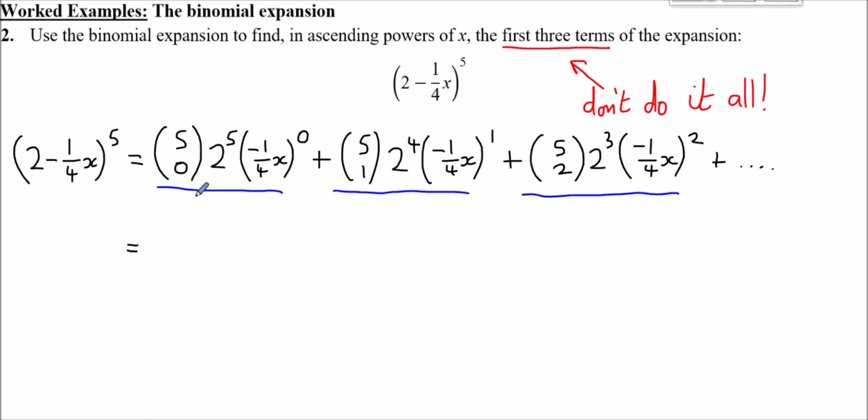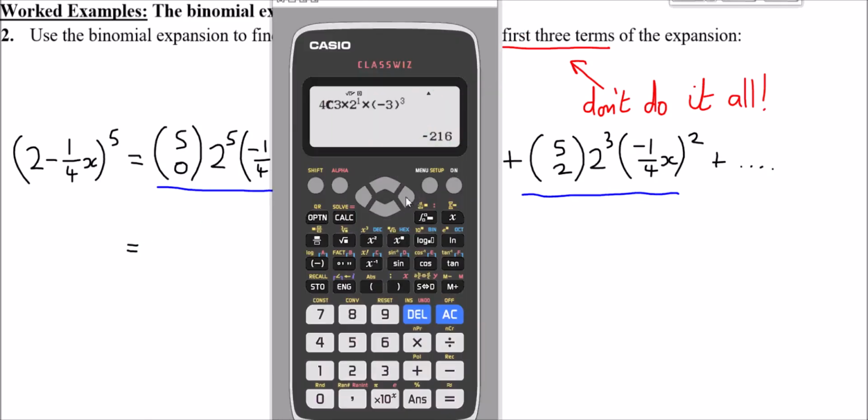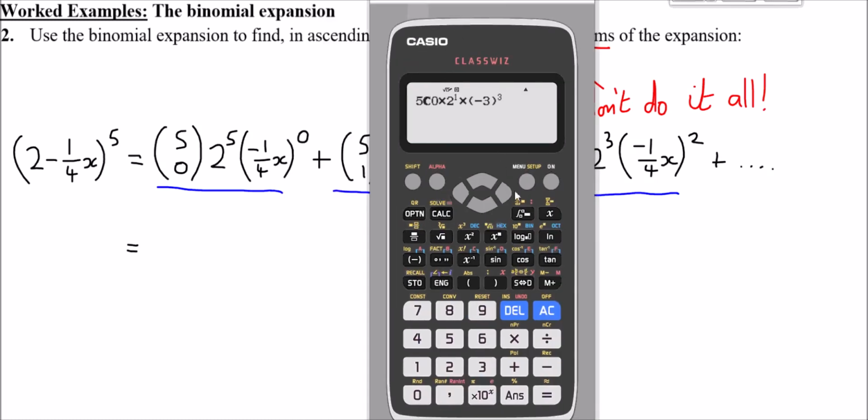So working this out. So here we go. So we want 5 choose 0. Multiplied by 2 to the power 5. Then to work out the coefficient, we obviously just drop the x. So it's minus a quarter. Fraction button. I'll put it to the power 0. Now this is just going to be 2 to the power 5. It's just going to be 32, but